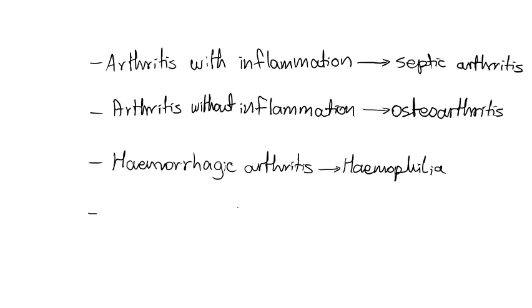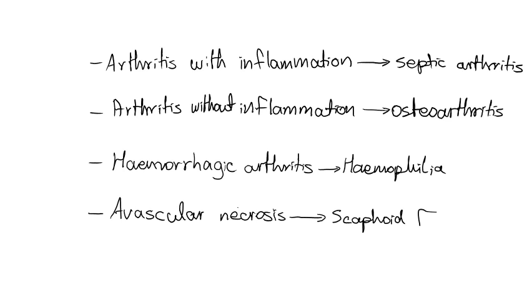Finally, we can have what's called avascular necrosis. And avascular necrosis, as its name suggests, is a condition where we get a lack of proper blood flow to a particular tissue, and that causes the death or the necrosis of that tissue. And this is most commonly seen in what we call a scaphoid bone fracture. And the scaphoid bone is a bone that is present in the carpal bone region of the hand, and the